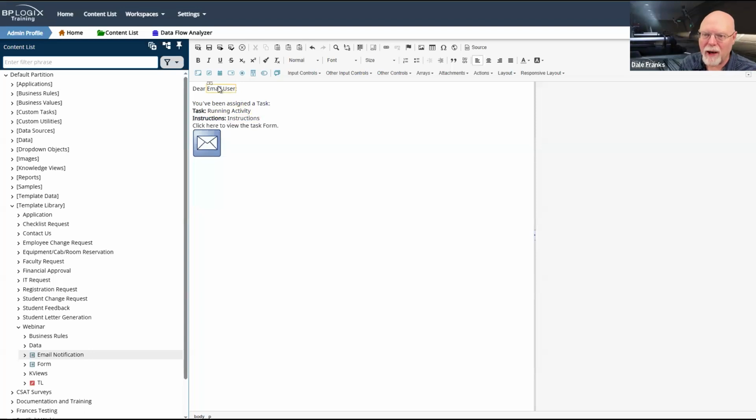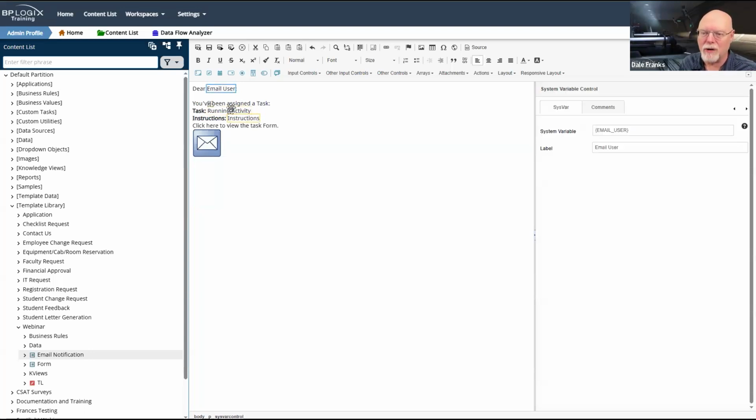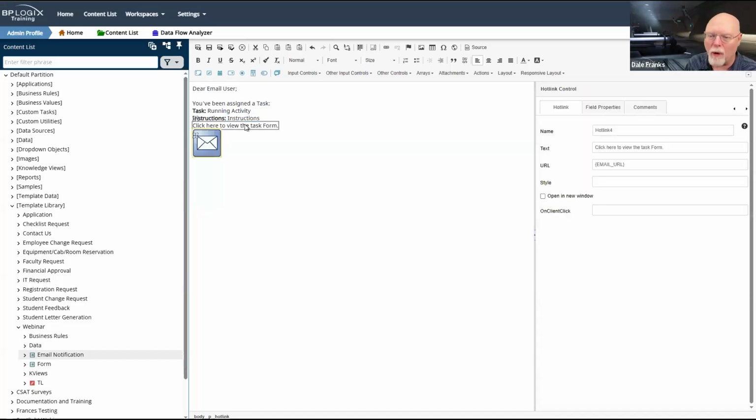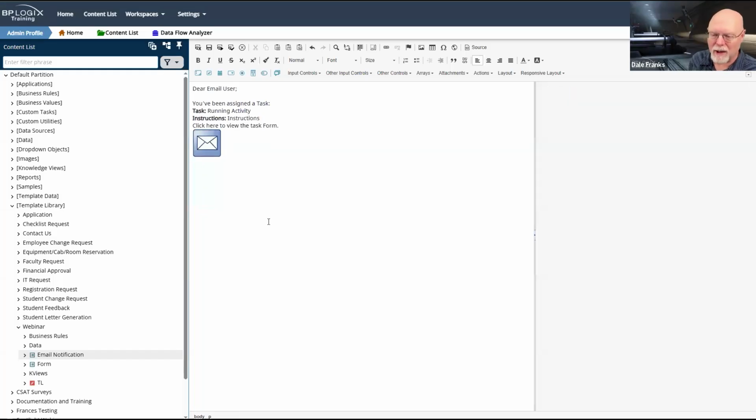I've got a notification. It's personalized to the user, tells them what activity is running, gives them my instructions for that activity, gives them a link to open the form, and of course gives them a customized email data control. Now, normally we would have multiple messages and thus multiple email data controls on the form.